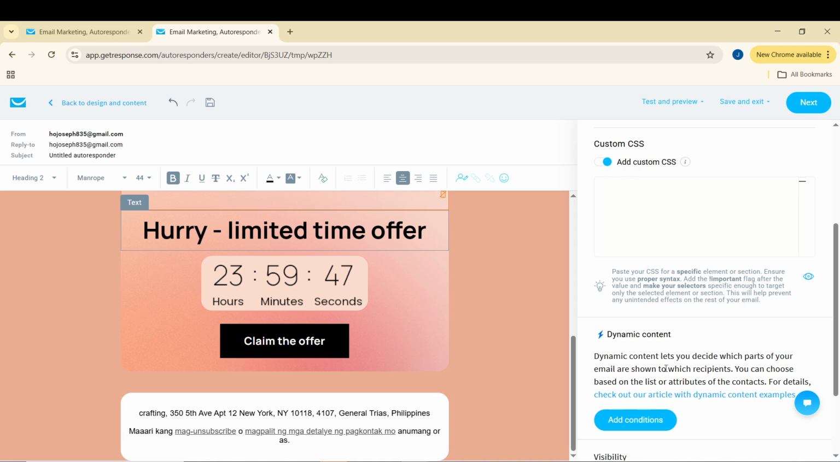With the cursor in place, click the personalization icon. This tool lets you pull in information stored in your contact list. You will see options for system fields and custom fields. System fields are standard items that Getresponse already recognizes, while custom fields are anything you have created yourself, such as a preference, location, or a label from a sign-up form. Select the field you want from the list, and it will be inserted into your text block as a personalization